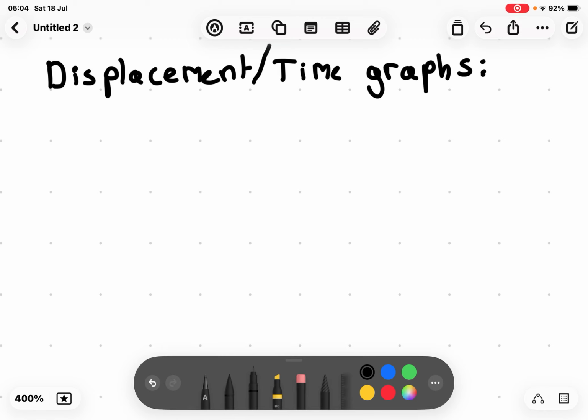Hello everyone, and today we're going to talk about displacement and time graphs. But we're going to talk more about the difference. So first of all, let's talk about